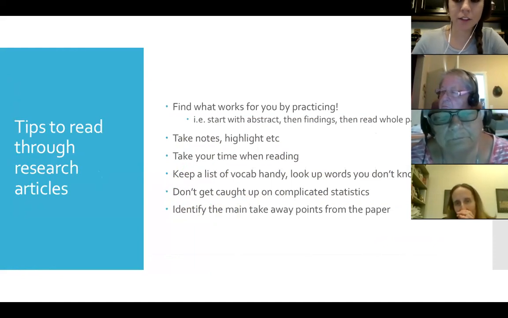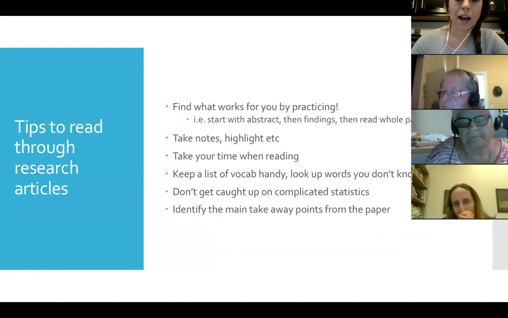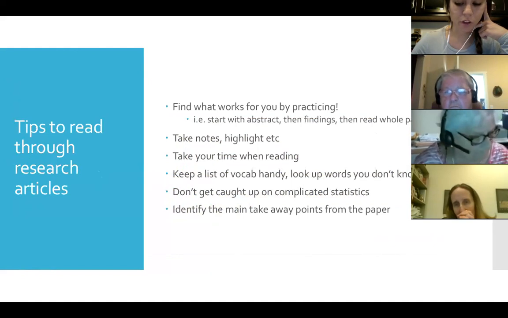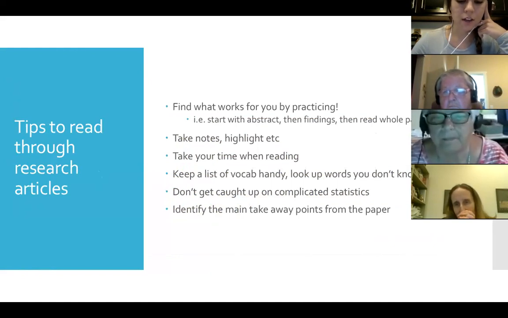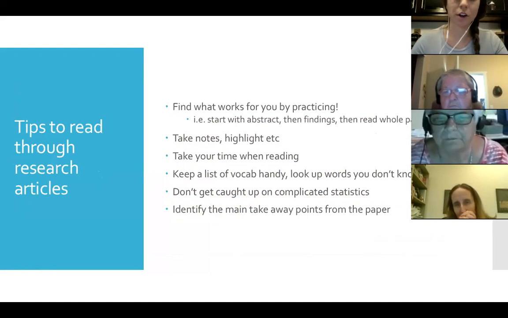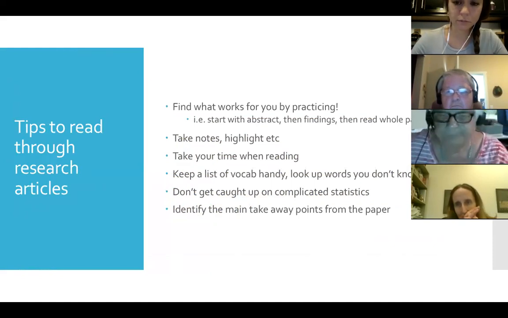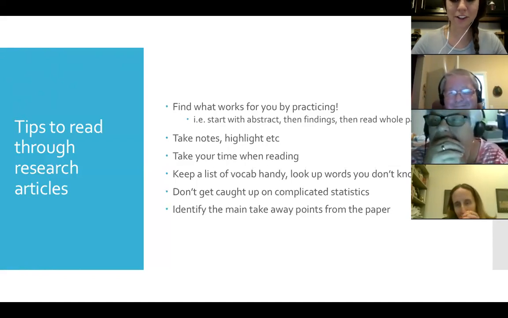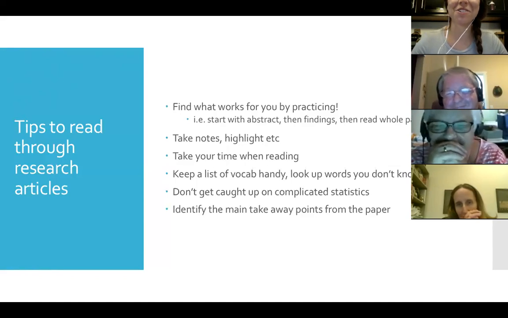Taking your time and reading through these things is very important. I keep a list of vocab words handy, and I sent you all a list of the common vocab words. So if you just want to start a running list that you refer to constantly, that would be helpful. I recommend not getting caught up on complicated statistics. P-value is about as far as I go when it comes to